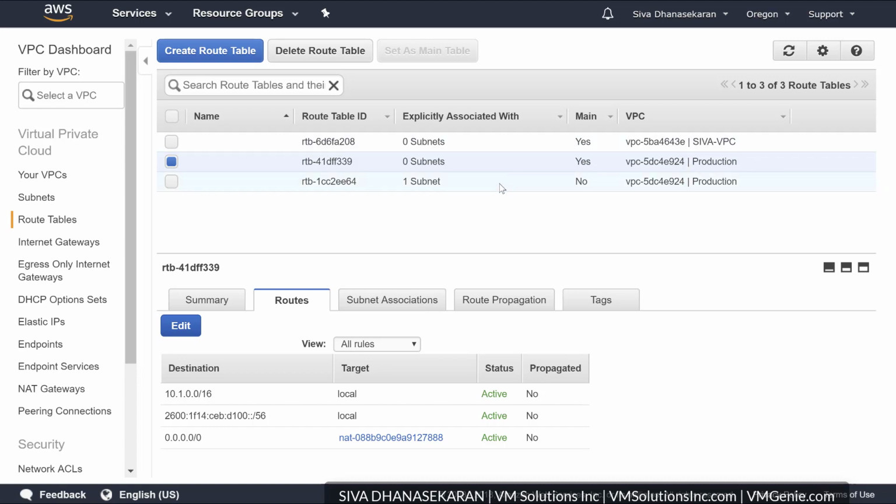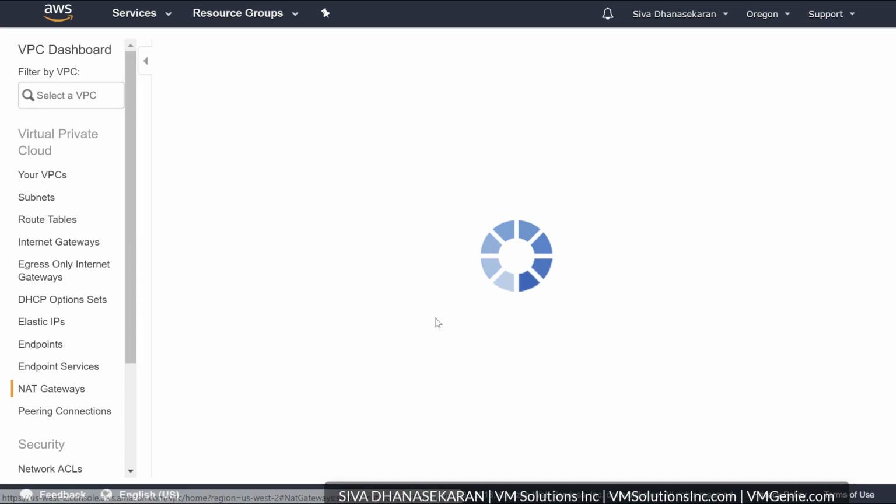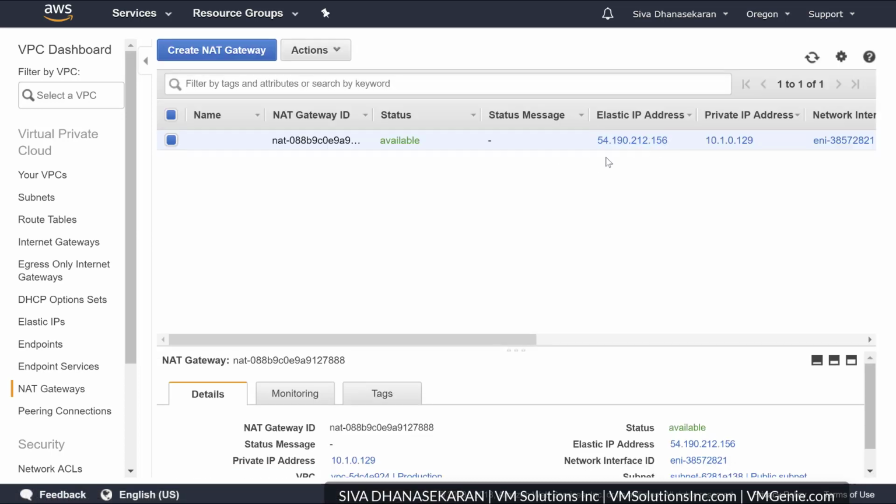One is for private and one is for public. This routes private, so if you see that NATing to public IP address, elastic IP address, private IP.